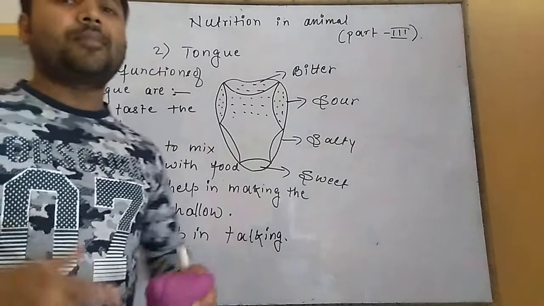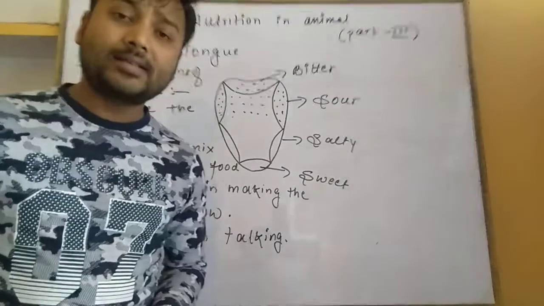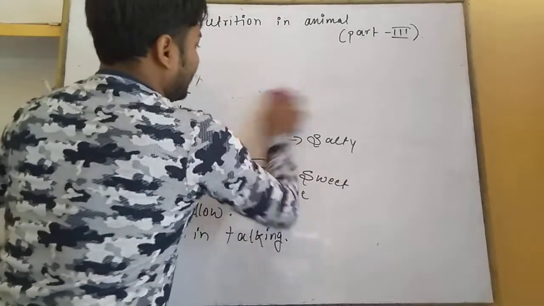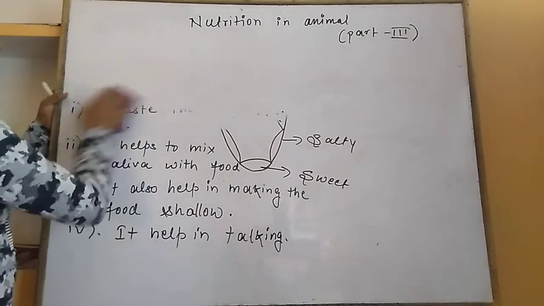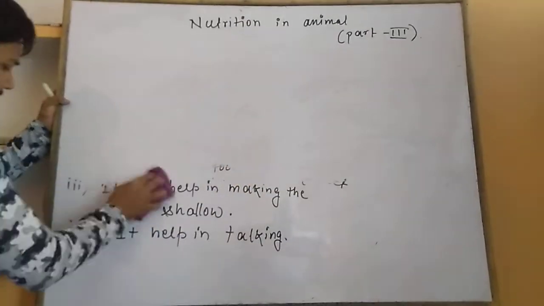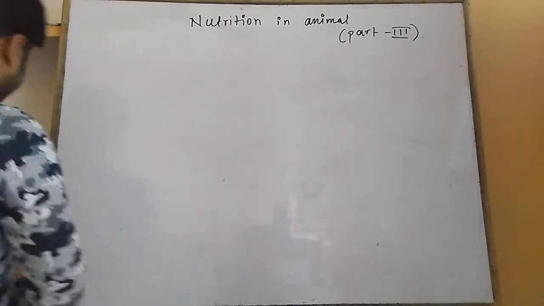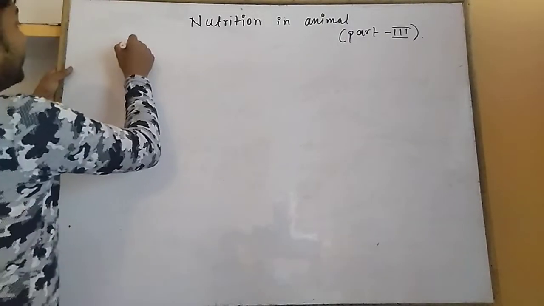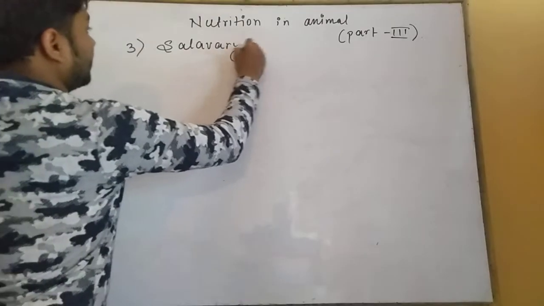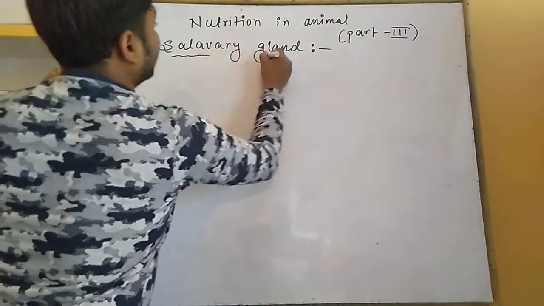So now I will start the third part of mouth, is known as salivary gland. So let me erase first from the beginning. I am sure that this is very clear, how you have to write these all point wise in the copy. Now the third point is salivary gland. Salivary gland, this is also